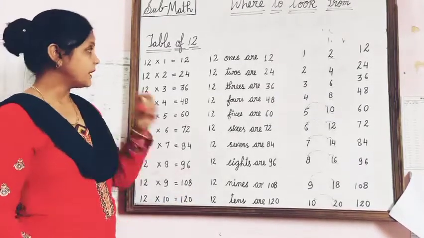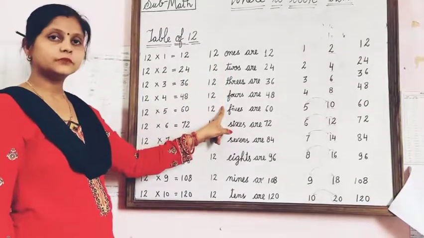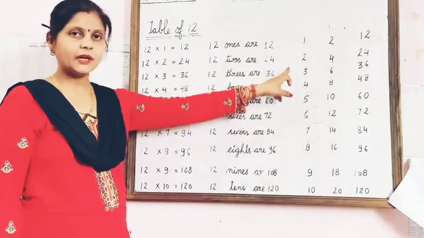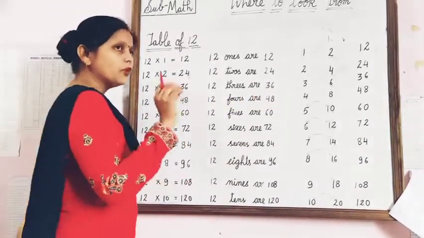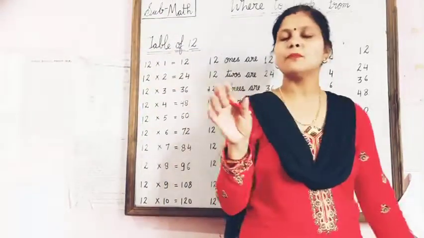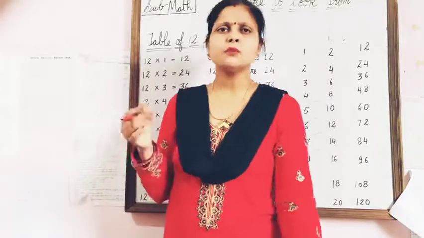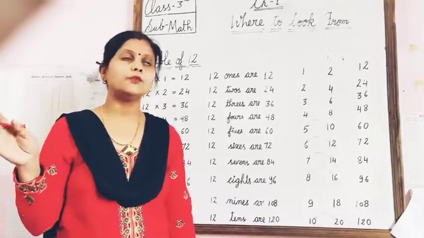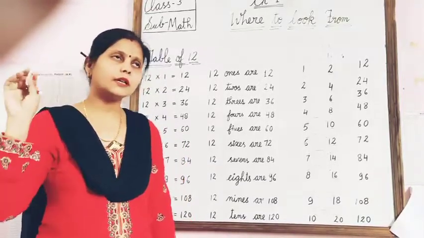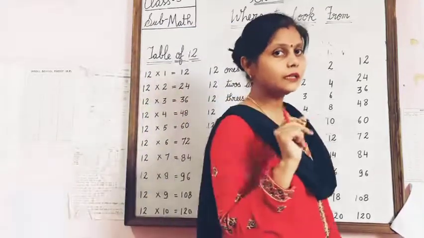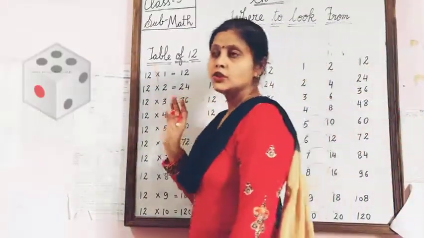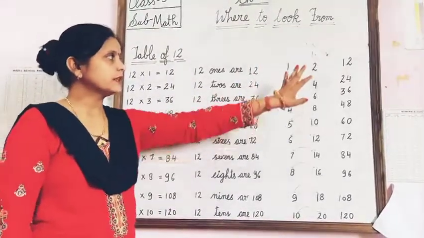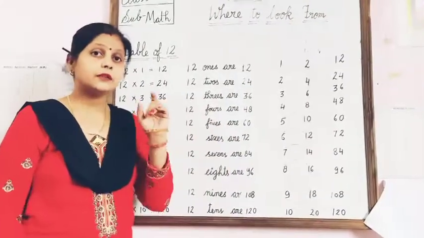Is it clear? You also learned it like this in the previous video. Now I will teach you the second pattern of a table. Mostly students learn the tables of 1 to 9, 1 to 10, and 1 to 11 properly. Everyone mostly learns those. But sometimes they forget the tables of 12, 13, 14 and more. When the teacher teaches the table, you learn it, but after that you forget. So here is a new pattern for the table. If you have any confusion, check my video again and follow it.